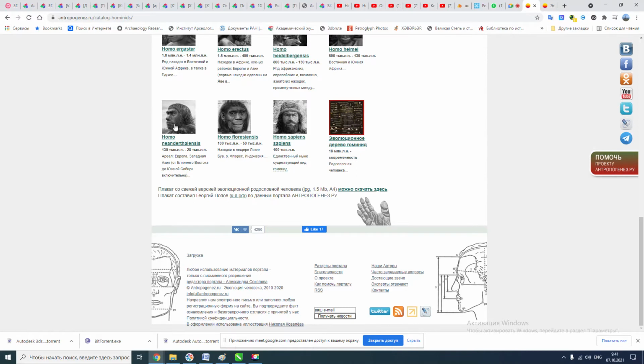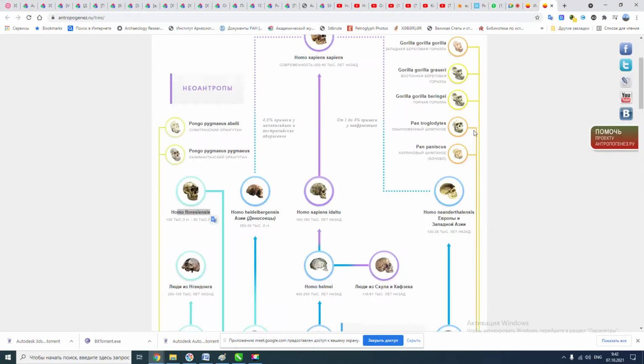They are not our ancestors. They are our, I would say, brothers actually, because like dogs and wolves, they are not the same, but they come from the same family. It's very strange to hear that we have some other type of human. That's not a race, that's not a nation. They are another type of human.